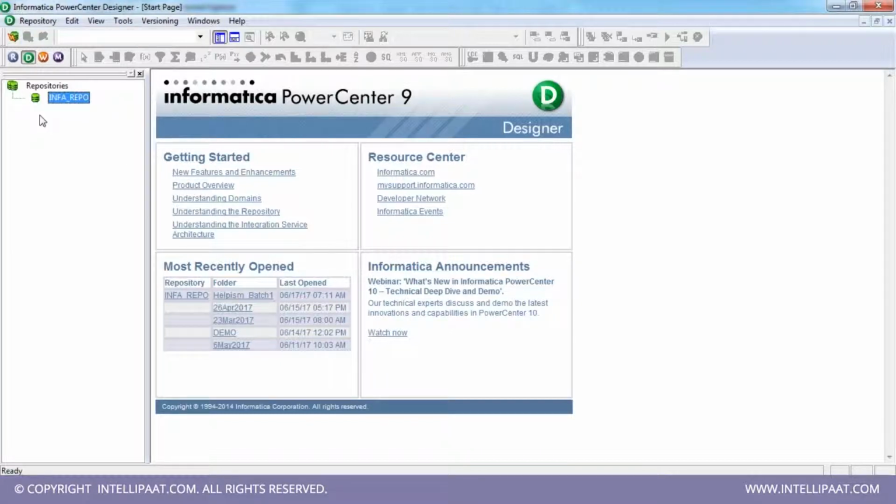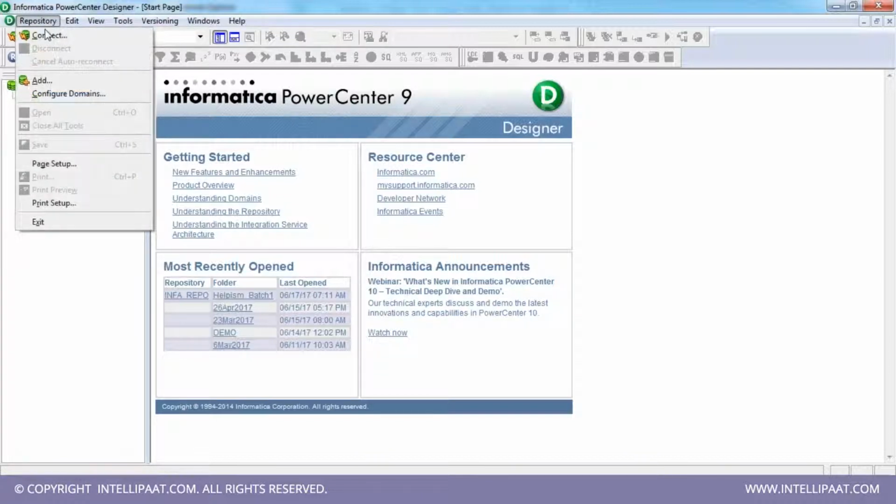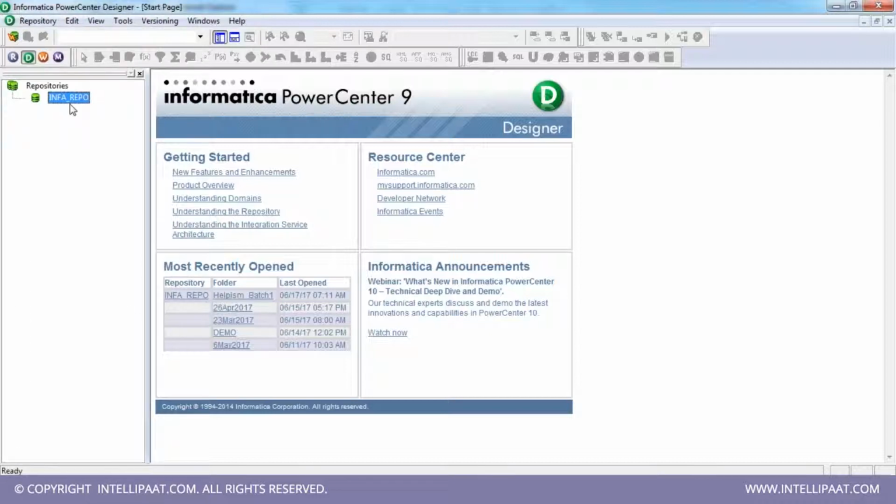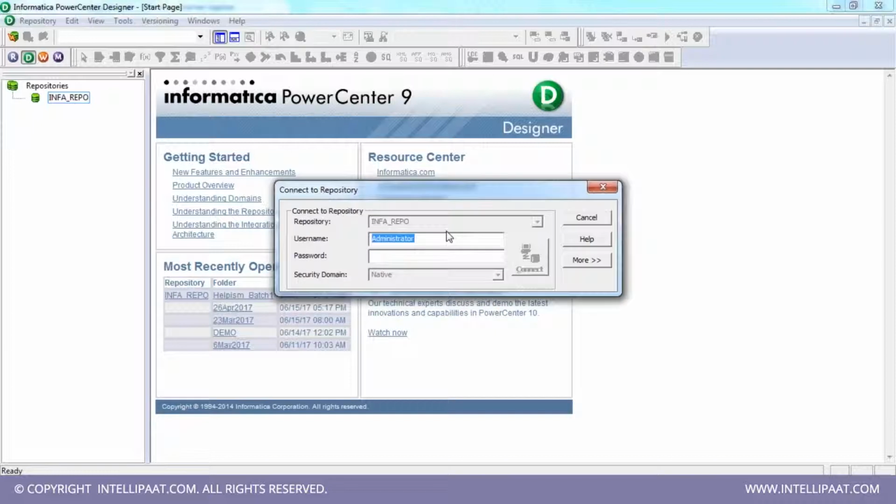Again, you have to connect here. See, in the designer, if you are not seeing this domain configuration, if it is not visible to you, then try disconnecting and again reconnecting to the repository. Might be you'll be able to view it. Even if you're not able to view it, then again you can configure the domain here also. We went into the repository basically to create the folders. Okay, first you configure the domain and then create the folder and then come to the designer and we'll work here. So this repository will be visible to you. Connect to it,